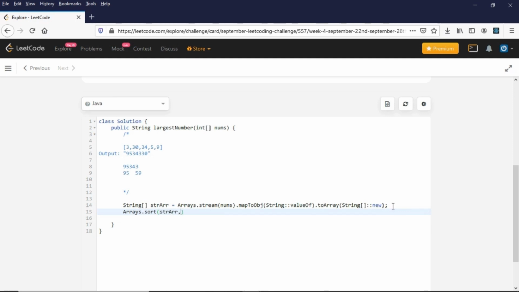Okay, now as we said here, right, to compare we have to append both the strings with both the options, right, A plus B or B plus A. So we will do the same thing here in our comparator. So A and B are the two strings that we will get.